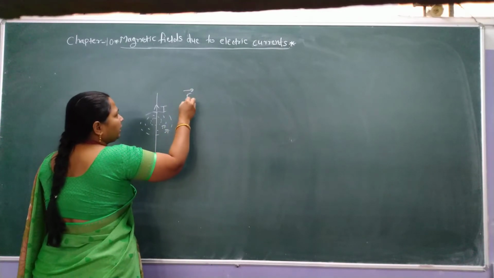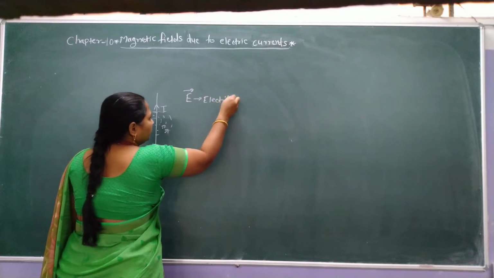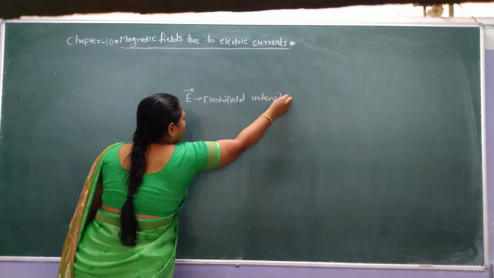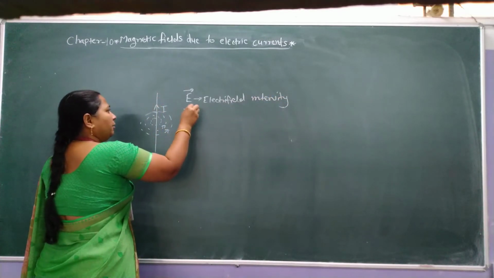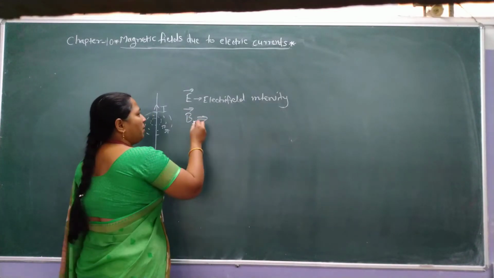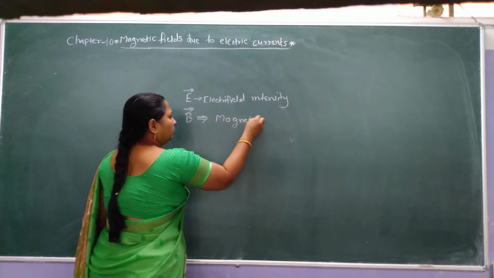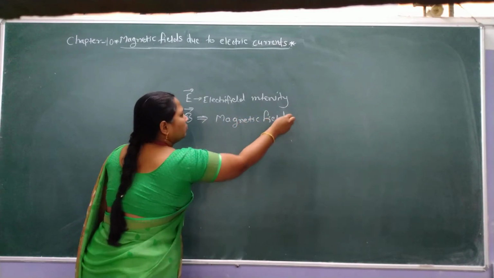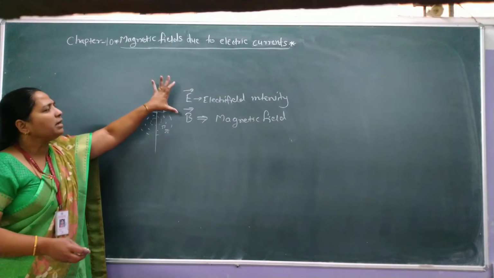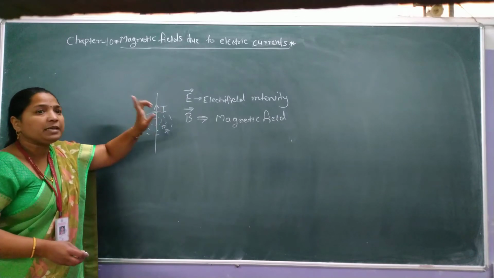intensity, the E vector, electric field intensity, and the B vector, which is represented as the magnetic field or magnetic induction. Therefore, the strength of the electric field and the strength of the magnetic field, when the charge is in the static or rest condition,